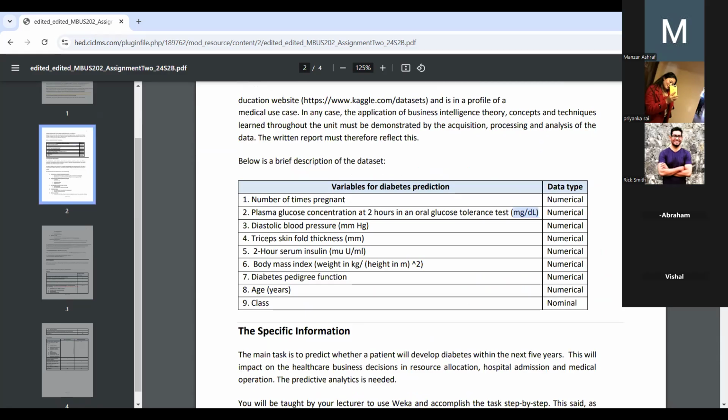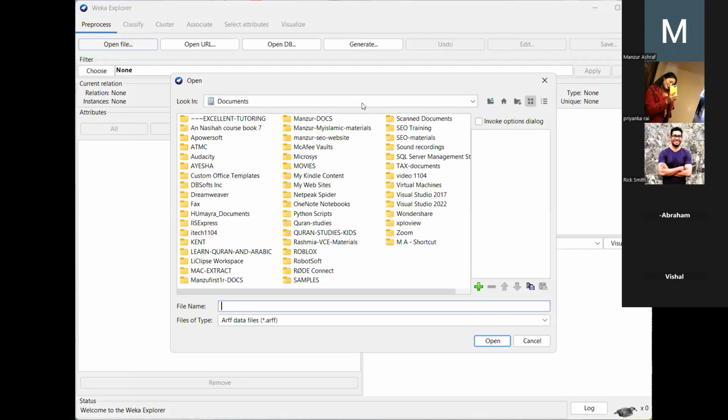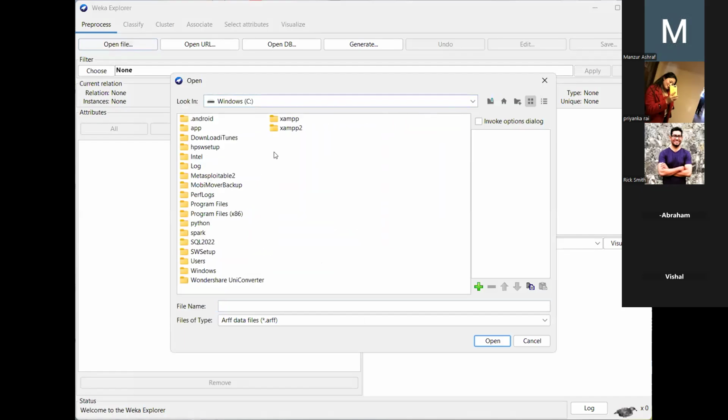So the first thing is I can show you in WEKA some examples of the classification. Just opening and sharing the screen, right? So I stop the share and then I go through here. So you can see the WEKA. I just opened the WEKA, and then I click any of the files, say